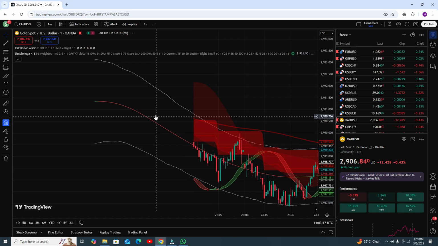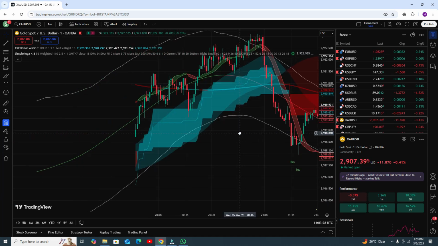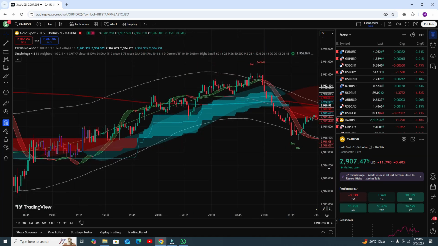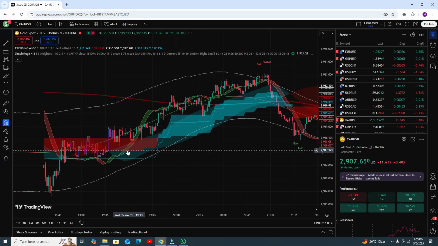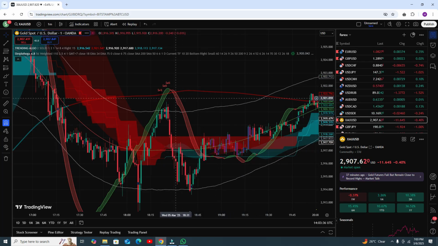Okay, and let me give you more examples. Here the trend line is red, so this is not our trade. Okay, do not trade. We need to open our buy and sell positions at a safe point, and not take any risk. That is a strong sell condition and your target is hit. Okay, now trading is easy for you, just follow the rules.